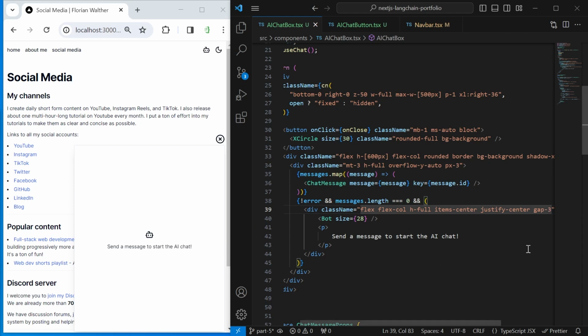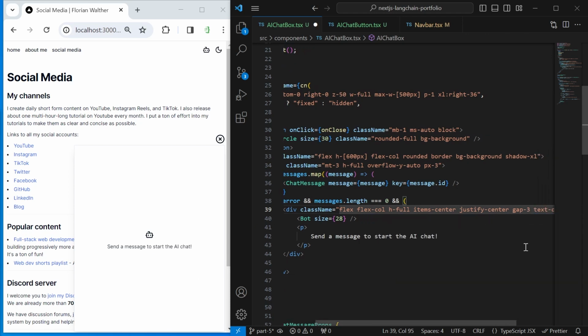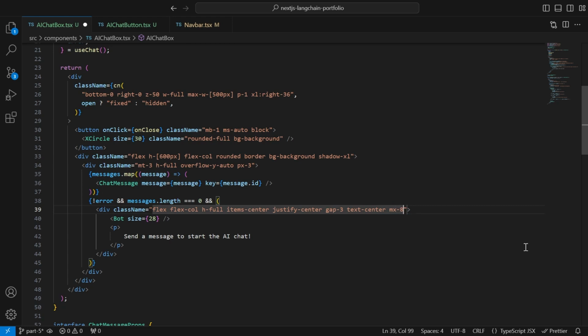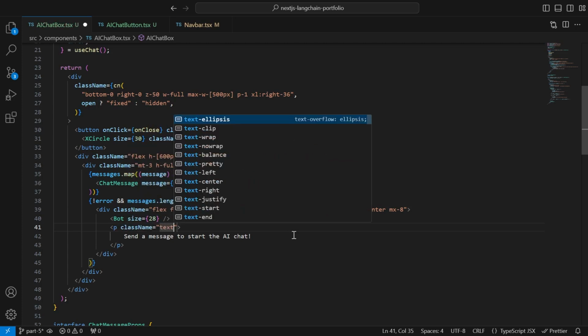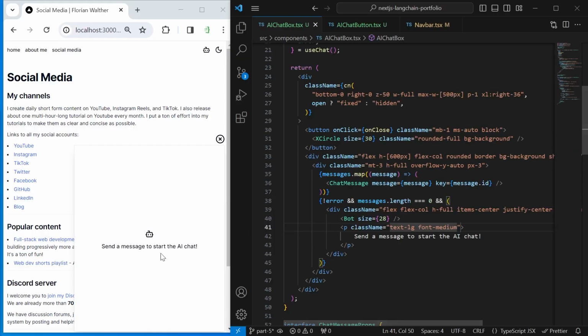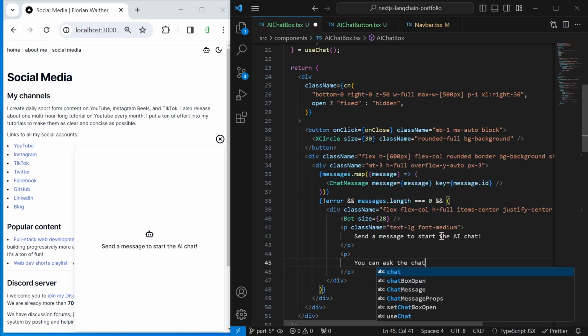And then we will put some more text below. I want to center all of this text with text center. And I want to add some horizontal margin of 8. Okay, add all of these classes. Then I also want to style this paragraph tag. Want to make this a bit bigger with text LG and font medium. Now it looks like this. Then I want to put another paragraph below. This one is unstyled. This one will say you can ask the chatbot any question about me and it will